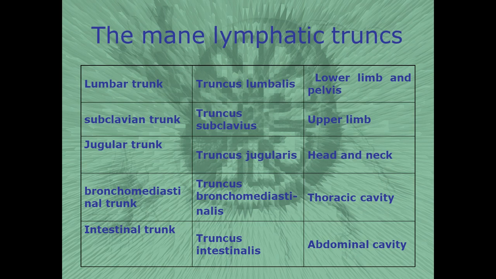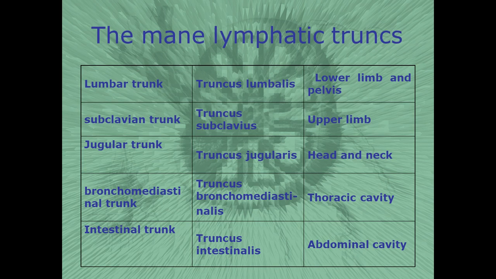By the way, it is variable and quite often could be absent. It is truncus intestinalis, which carries lymph from the abdominal cavity. In case this intestinal trunk is absent, the lymphatic vessels of the abdominal cavity can empty directly into the